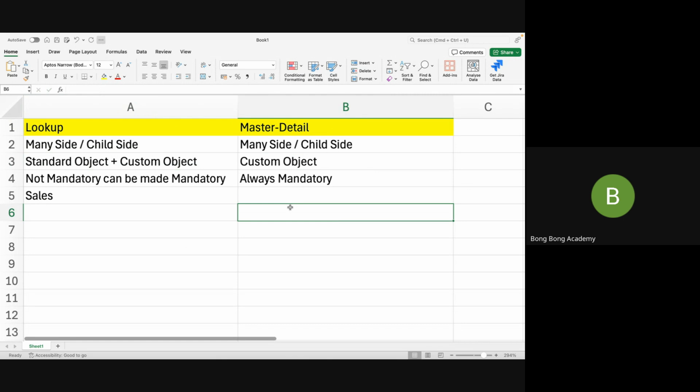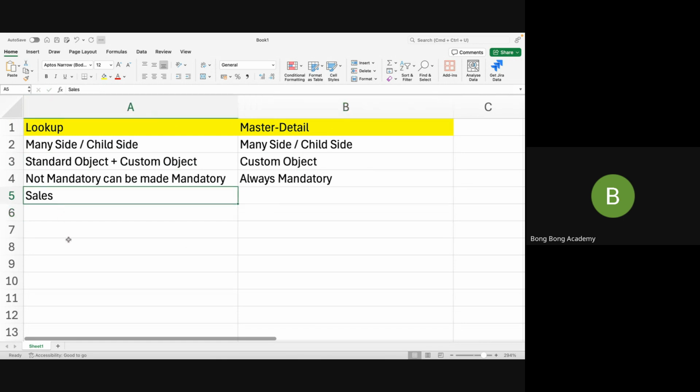Please remember that. Lookup relationship is by default not mandatory. You can make it mandatory. Master detail is always mandatory. You cannot make it non-mandatory. Okay. Acha. Now,